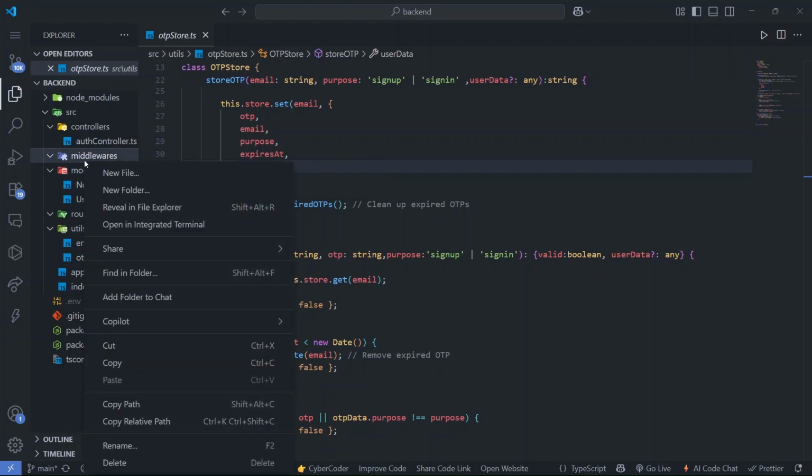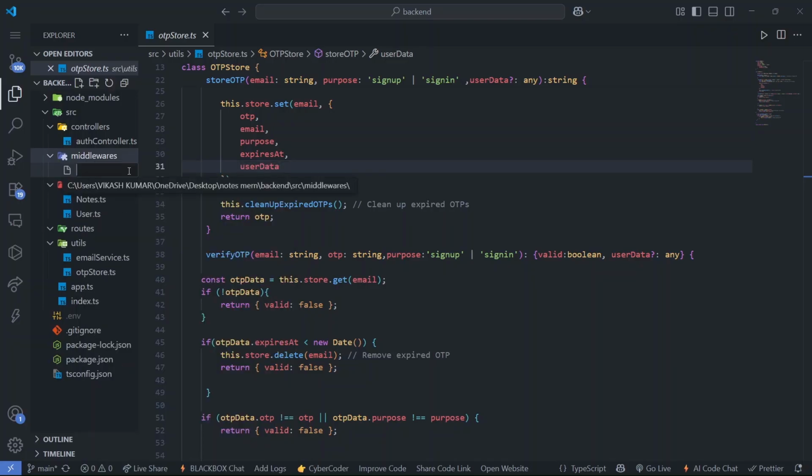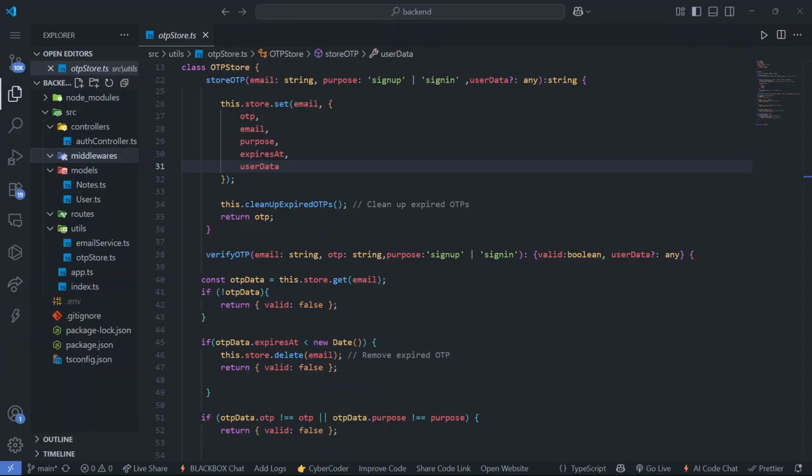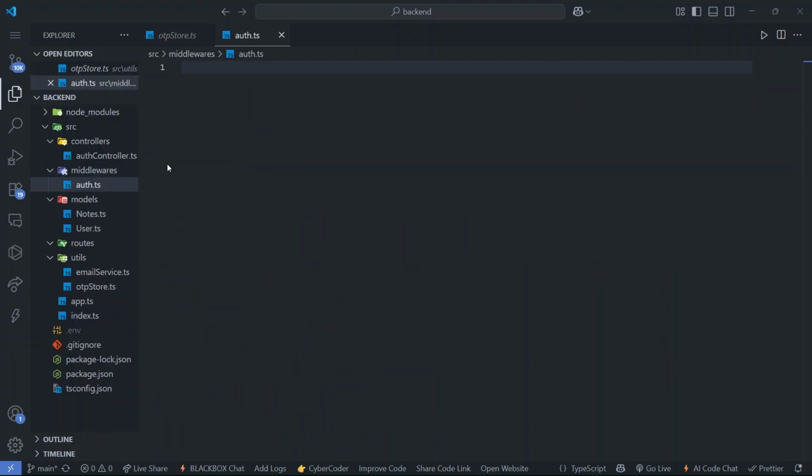So let's start with the middleware. In middleware we are going to create an auth.ts file, right? Using this auth.ts file, we have to check whether this user is authorized or not to access the particular notes. So in auth.ts we are going to first